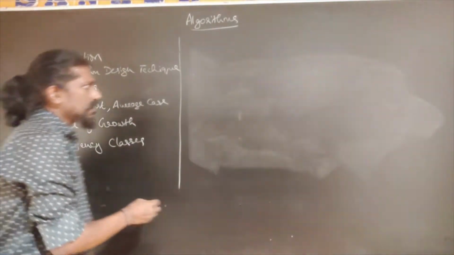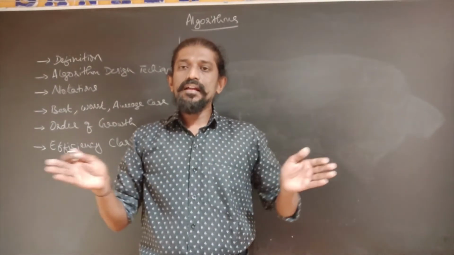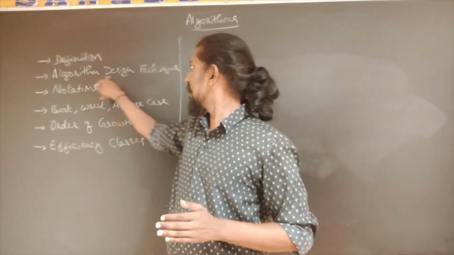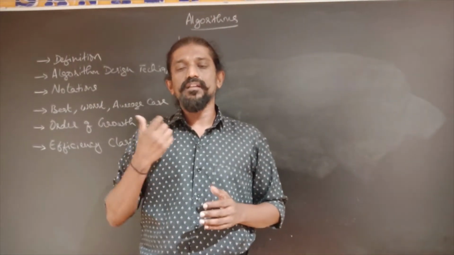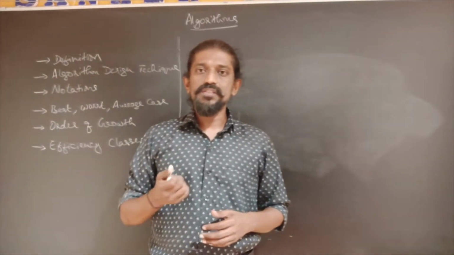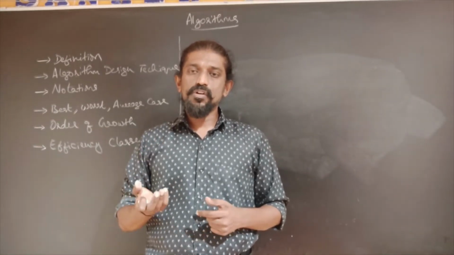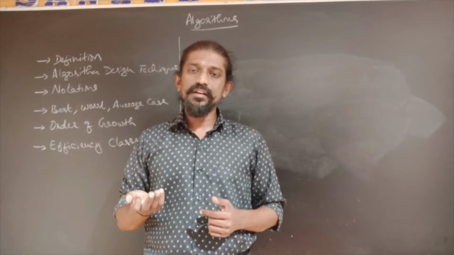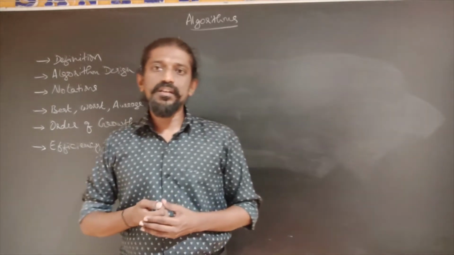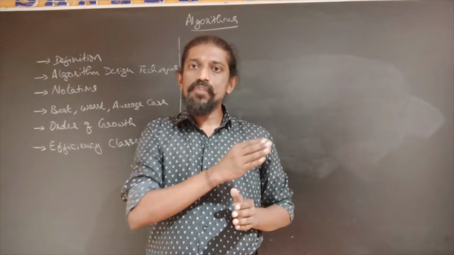So to solve any problem we have some general guidelines, okay, some broad guidelines which will tell us how we can solve a given problem, and those general guidelines are called algorithm design techniques. There are many algorithm design techniques. Some of the popular algorithm design techniques are brute force, divide and conquer, decrease and conquer, transform and conquer, dynamic programming, greedy technique, backtracking, branch and bound. So what do these algorithm design techniques tell? They give us broad guidelines using which we can solve a variety of problems.